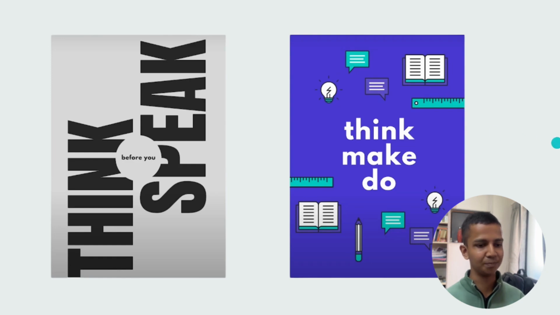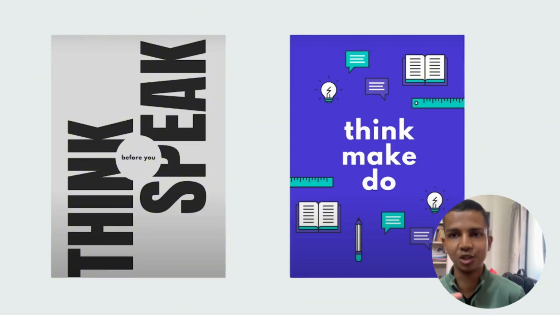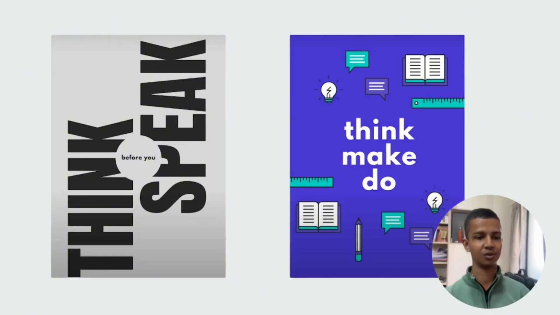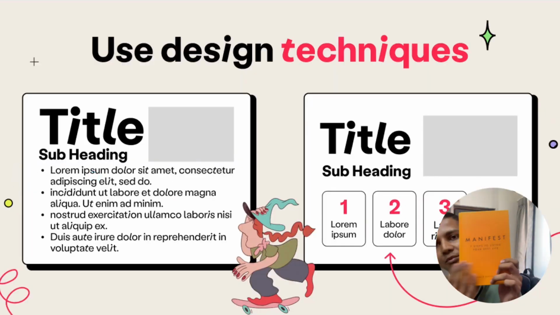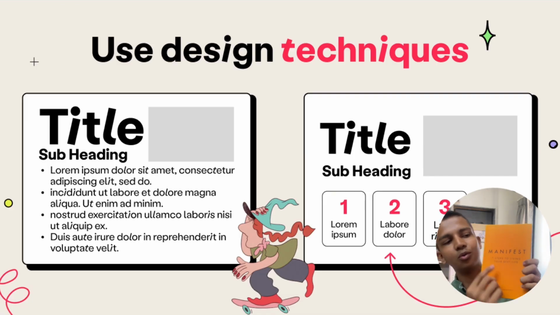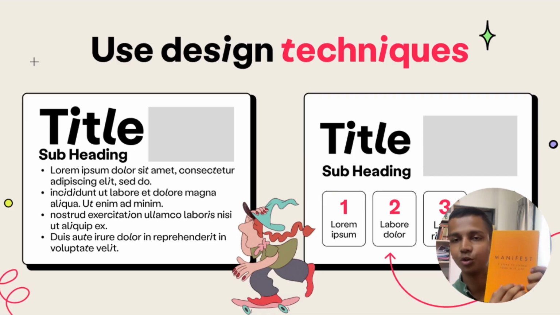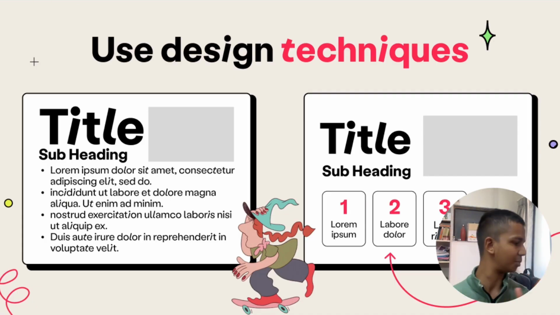Google's homepage is also a very good example of how my attention goes to the search bar, and it has a clear focus. We have one more example for white space. On the left side, it looks more cluttered, and here it is well arranged, with a clean and modern look. Before moving on to the next one, I have this real life example. I have this book, and you can see the white space here: only the main heading, no other elements, little information, the name of the author, and that's it. So this is how white space is being used.